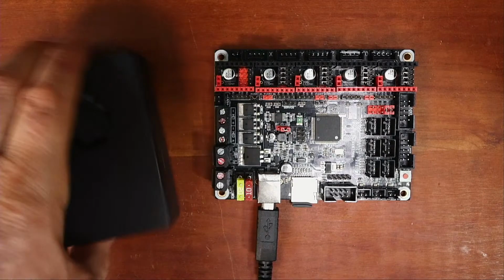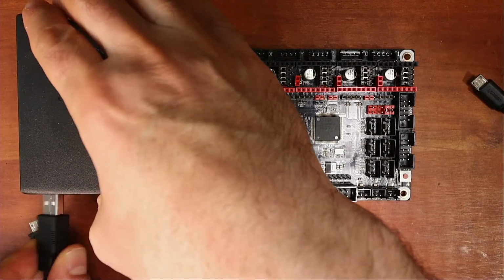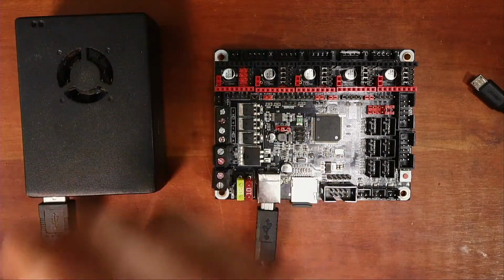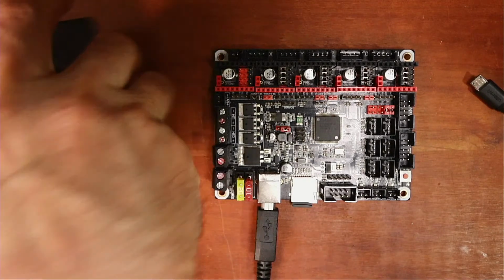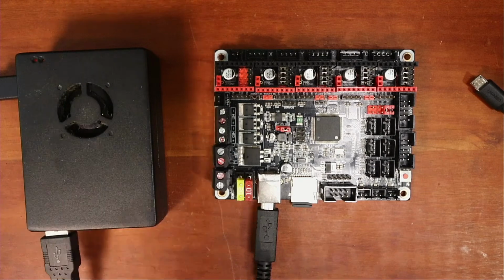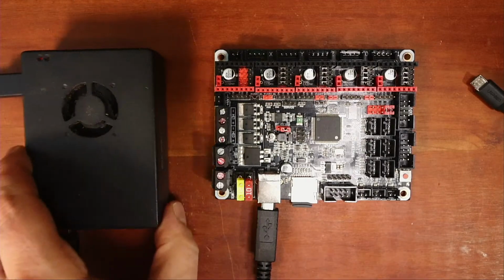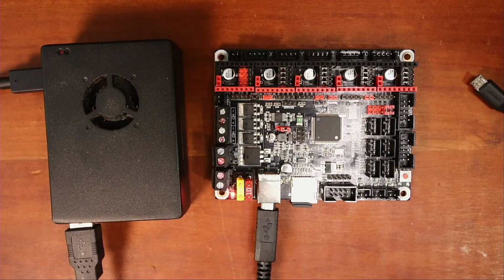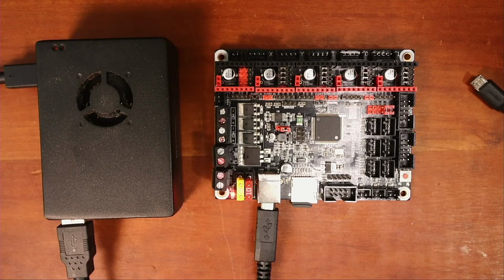And this one, we can actually go direct USB. And then we're gonna have to power it with a different source, so give me a second. Okay, this one is there. So this is a Pi 4. It's going to take me a second to get this configured because it doesn't have Klipper on it. So what we're going to have to do is actually remote into it. So let's see if we can see it